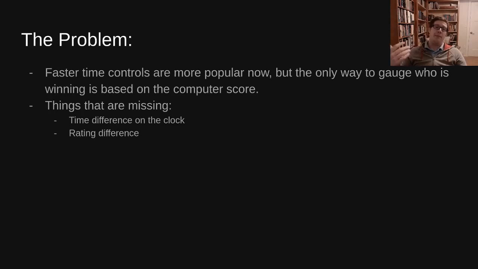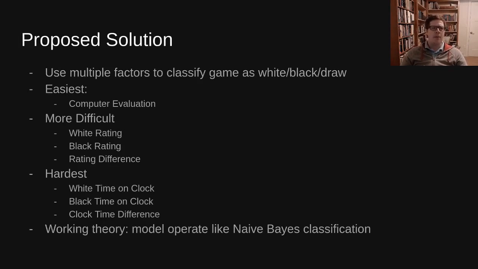I'm actually going to create a model that tries to predict what this is going to look like. So there are multiple factors to classify the game as white, black, or draw, right? And those are the factors. Who's going to win? Is it going to be white who wins? Is it going to be black who wins? Or is the result of the game going to be a draw? And that's